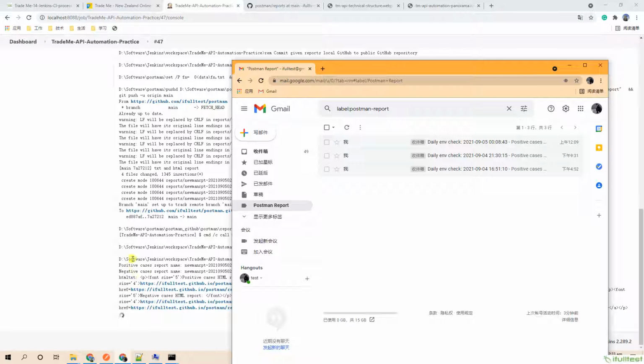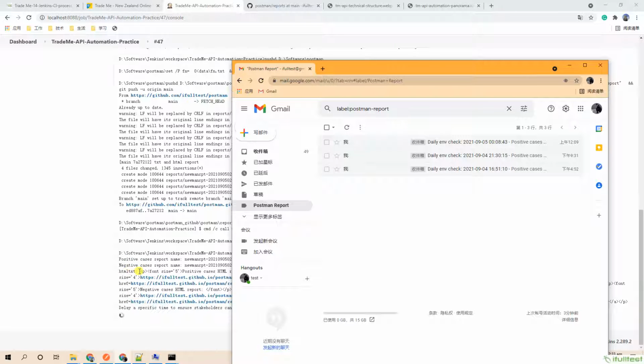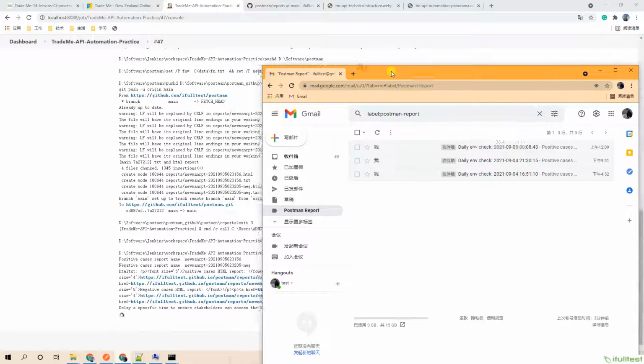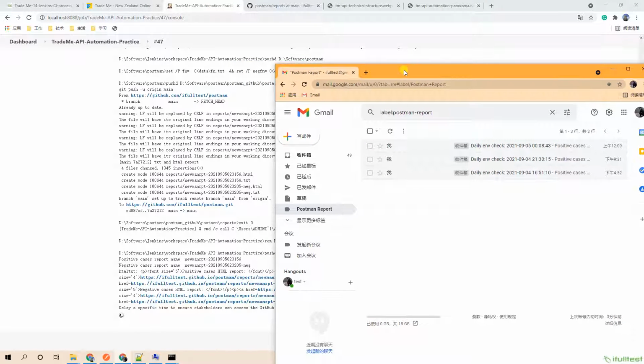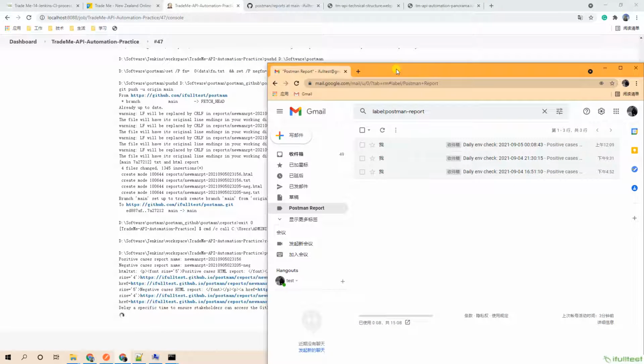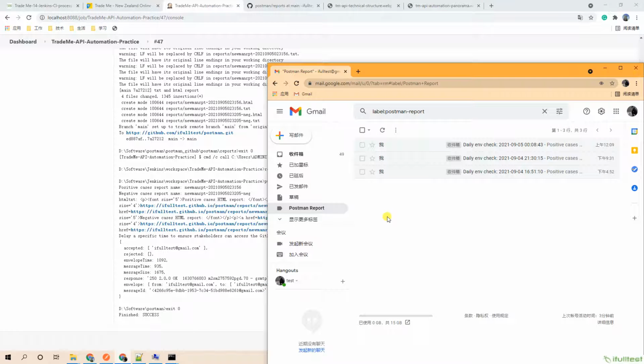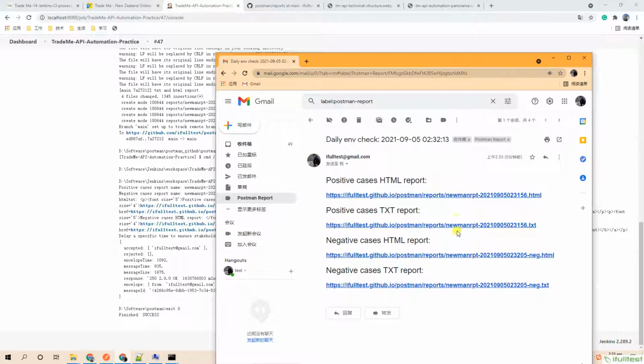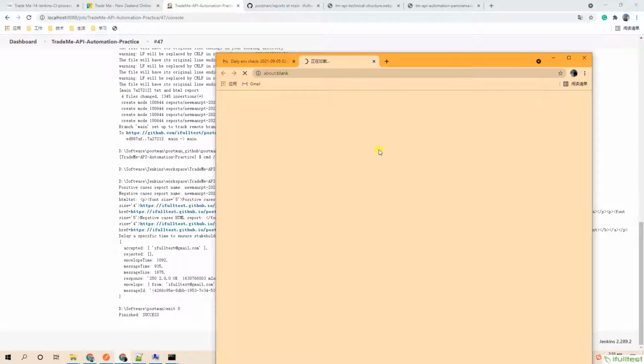Here I deliberately set the 60 seconds sleeping time so that we can make sure our email has already got the GitHub reports.